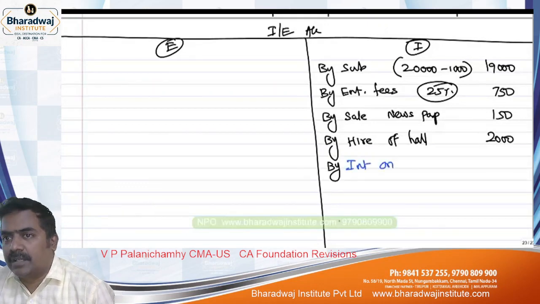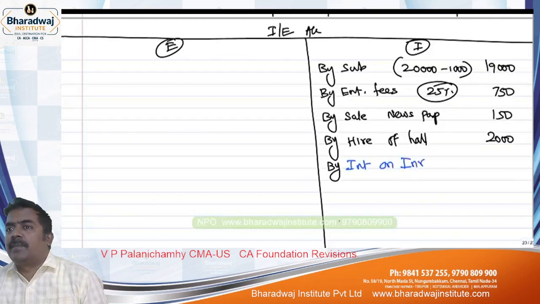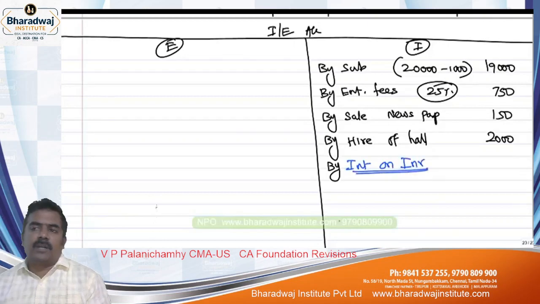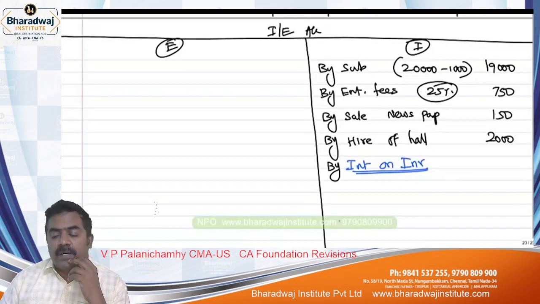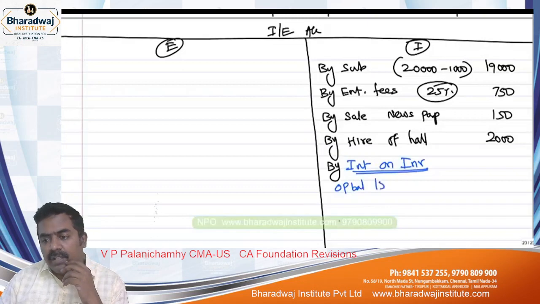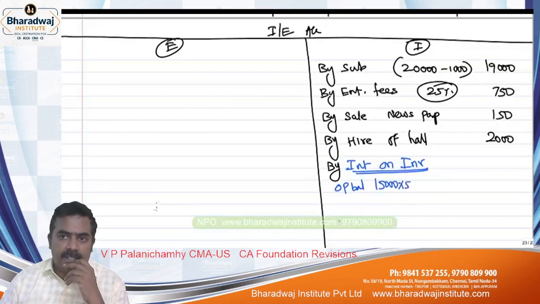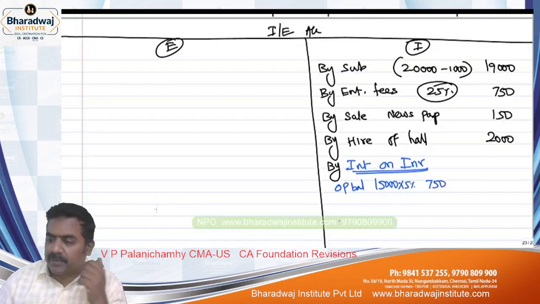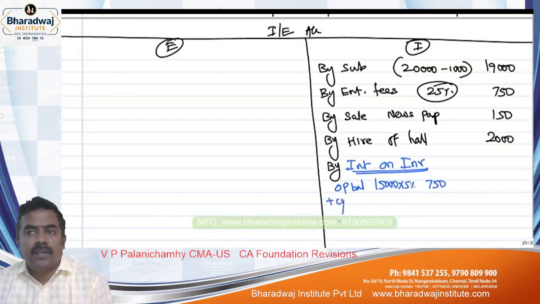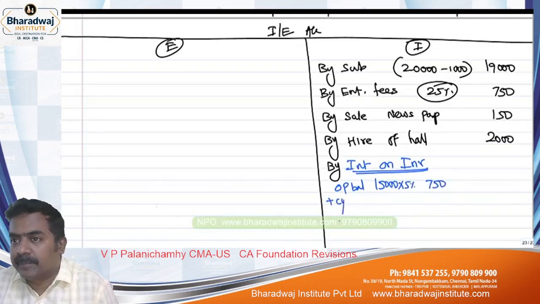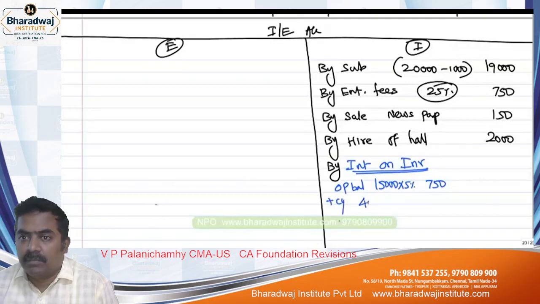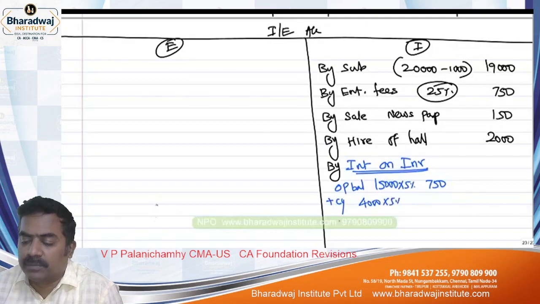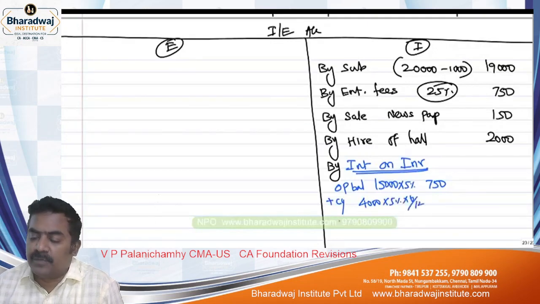The most important, interest on security, we have to calculate at the rate of how much percentage? 5%, calculate. Listen to it. See how much the opening balance of investment is. 50,000 into 15,000 into 5%. Opening balance of investment 15,000 into 5% plus when new investment is made, beginning of the year or middle of the year, look at the investment purchased. We purchased in the middle of the year. How much did we purchase? 4,000, 5% for 6 months only.